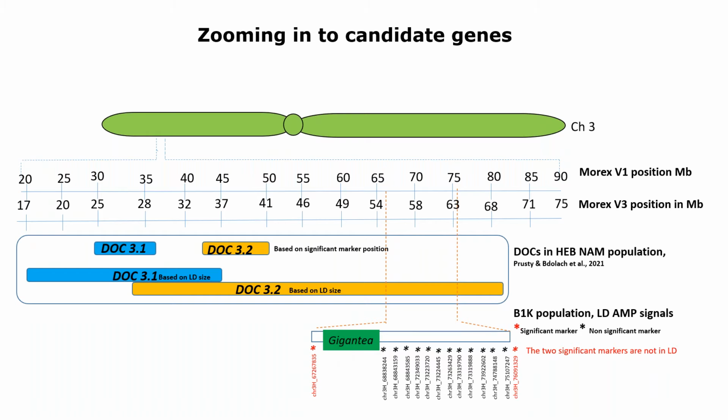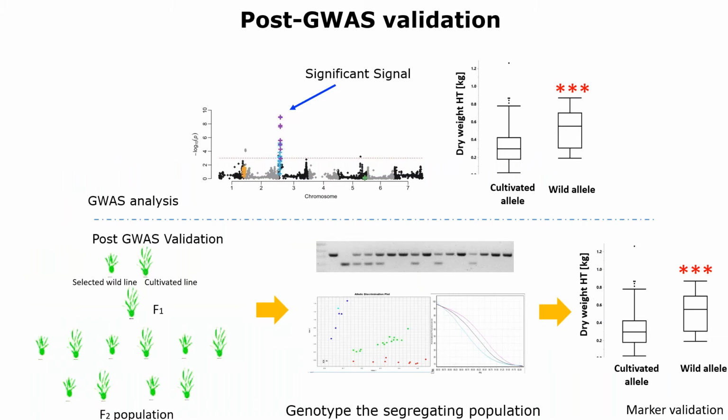So it might be responsible. When we tried to look for any of the markers which could be present in Gigantea, unfortunately, we didn't have any marker in our genotype platform within this region. So we have missing information for this Gigantea gene, but the nearby marker which exists appears to be significant. So I also want to mention that the hits we get in GWAS need to be checked